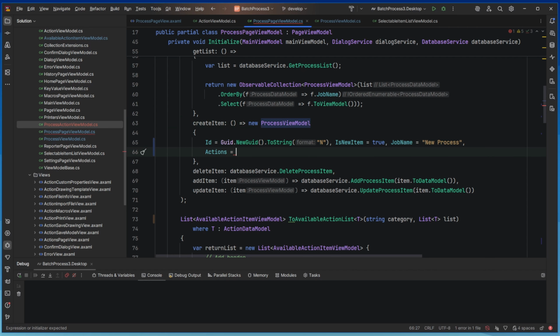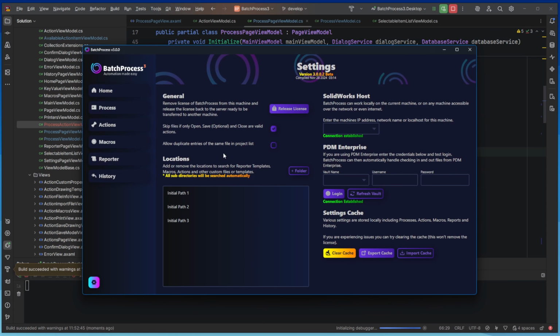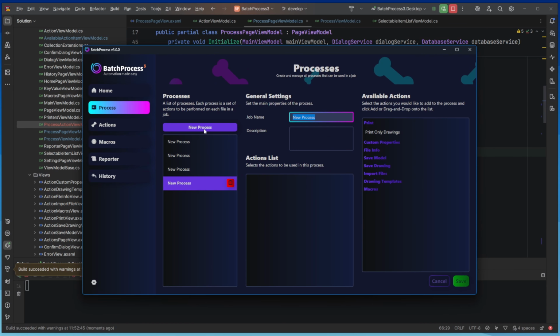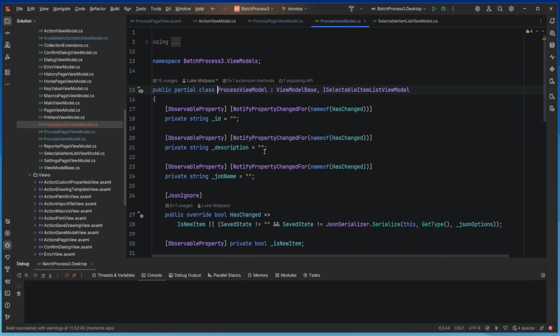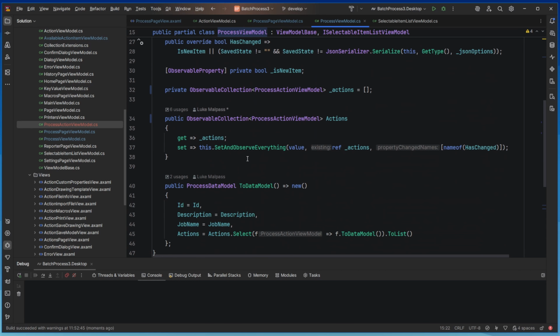Let's just try making actions a new list, even though the constructor, I think that's what it's going to be. So we go to processes, make a new one, save, add. Yes, there we go. So the issue, it's very subtle, that is, which we might want to fix somehow, is